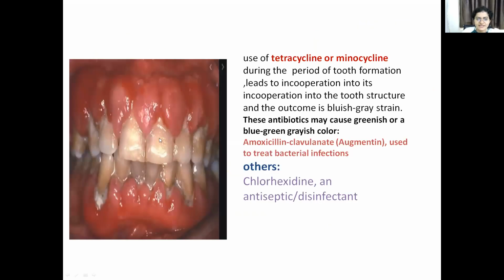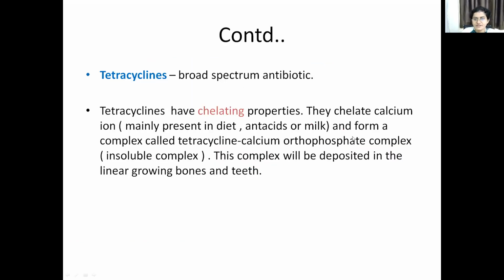Then the third chart shows bluish gray stain of the teeth. The drug causing this will be tetracyclines. Other than that can be amoxicillin, clavulanic acid, mechanism remains unknown. And then the chlorhexidine mouthwash. Okay. So it causes a greenish or bluish gray color. So when this happens, mostly in the first trimester of pregnancies, if the mother takes it, it affects the newborn teeth and also children below 10 years of the age.